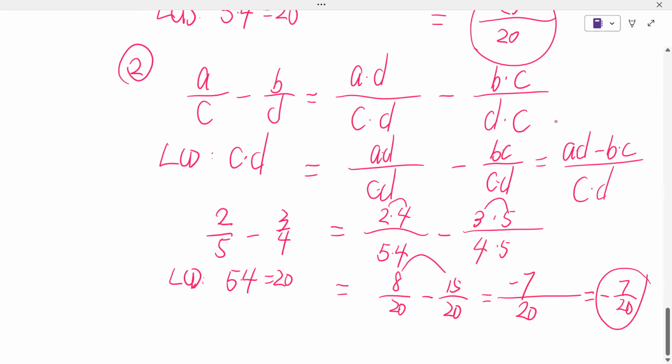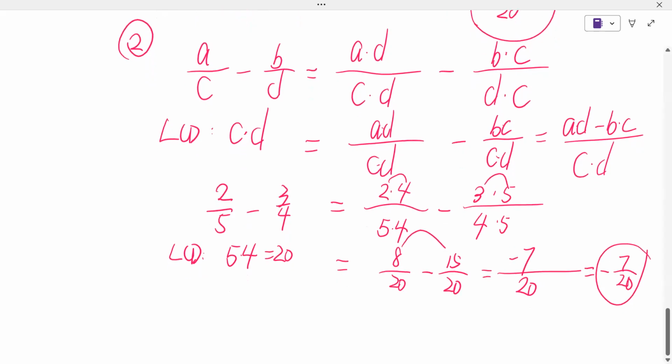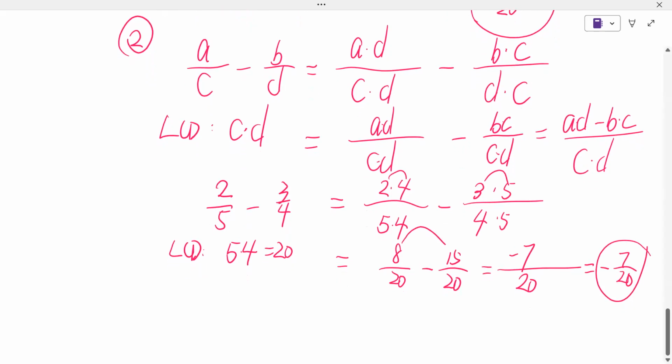So the answer will be minus 7 over 20. Any question about this? Now let's take a look at some of the operations with the